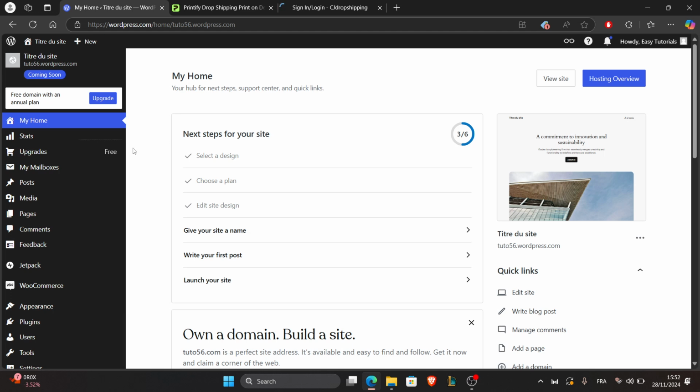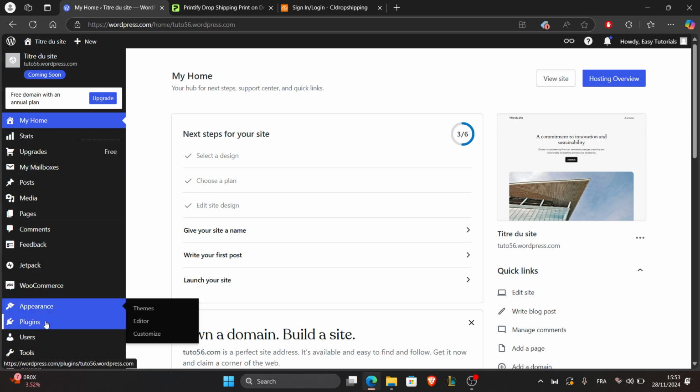And the second step is to install the CJ Dropshipping plugin in WordPress. Now, before you do that, you have to log into your WordPress account. And to do so, just go to wordpress.com and use your account's credentials to log in. After logging in, you'll be directed to your account dashboard. From here, navigate to plugins in the left sidebar here